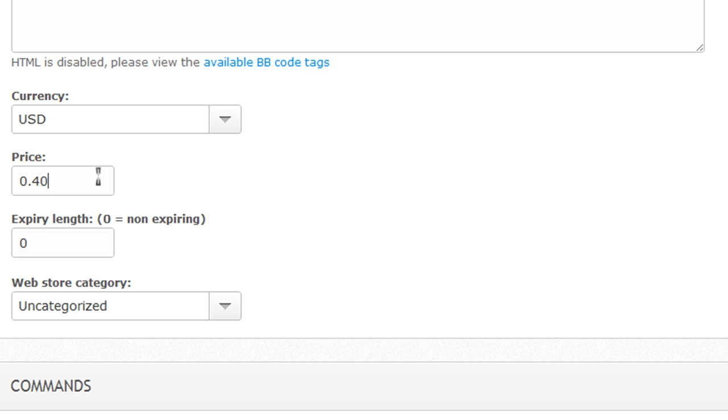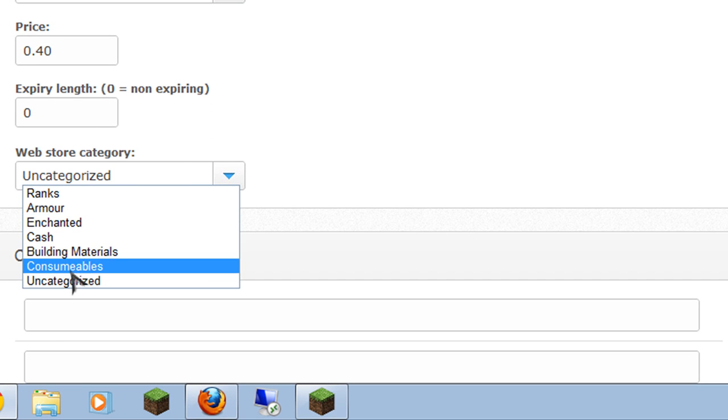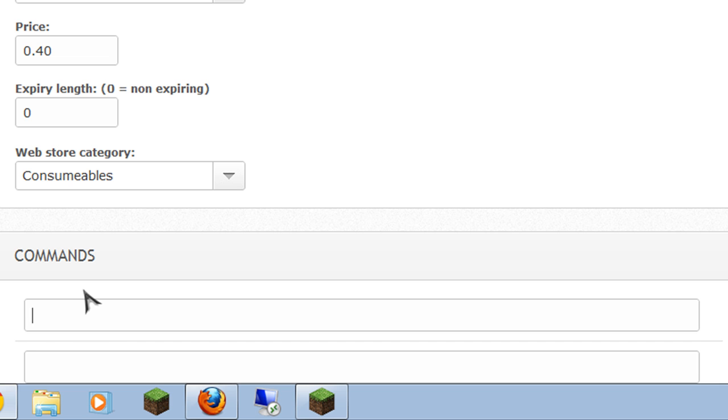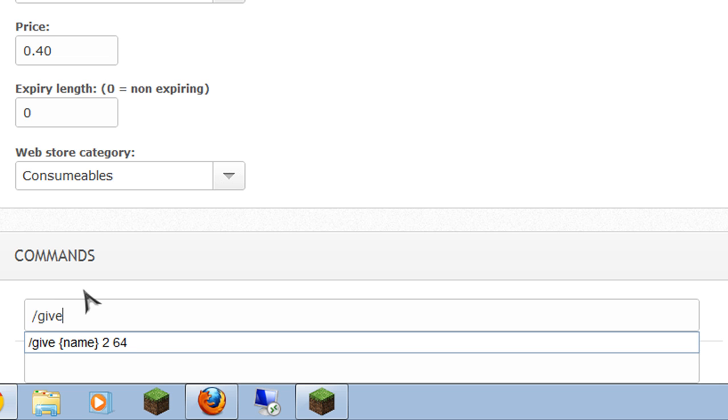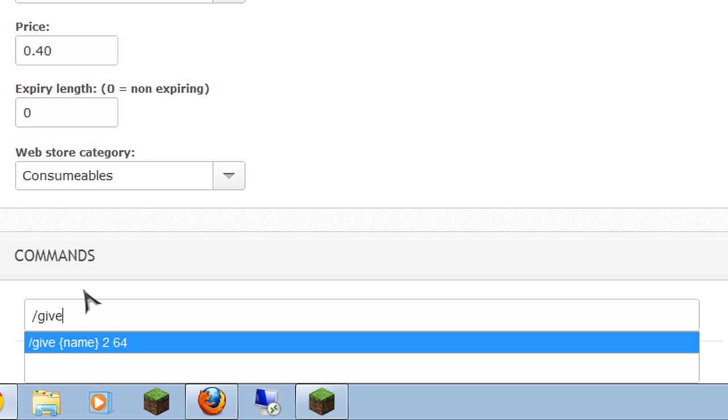If you don't know, PayPal will automatically take out 30 cents out of any transaction that goes through, unless you have a really high rank with them. We'll leave that at 0, and we're going to put this under consumables, and we're going to go /give name,